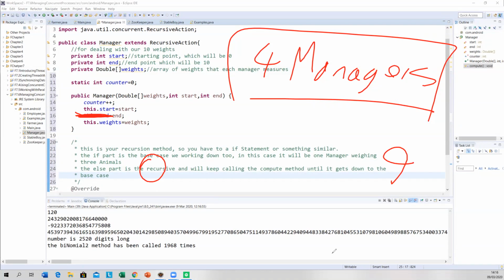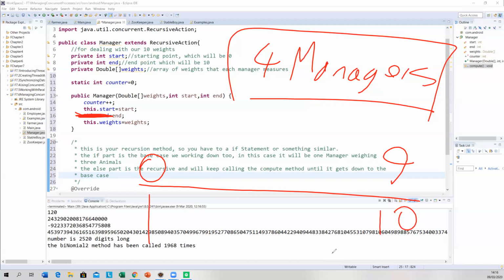Yes, including 9. Not 1, 2, 3, 4, 5, 6, 7, 8, 9. Yeah. Right. Now, so that's the amount of weights, and we want each thread, each manager to weigh a maximum of 3 animals. Okay, it's going to be array numbering. Array numbering goes from 0 to 9. So that's the first one. That's the 10th one. Yes?